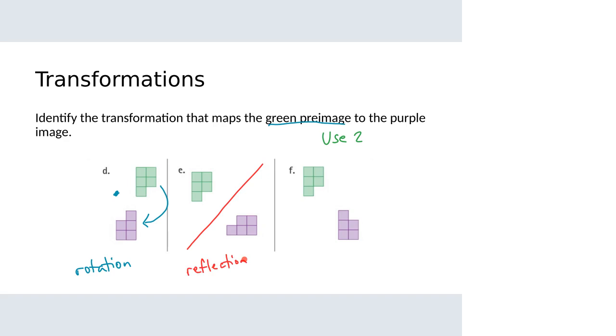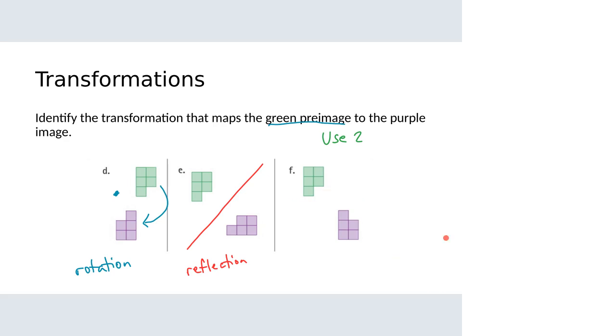And then F is kind of tough because we're using 2 here, and there's 2 ways you could do it. You could start by doing a reflection across a horizontal line, and that would put you here. And then do a translation to the right. So you could start with a reflection, and then after that, have a translation. And do it that way. Just as effective, just as good,